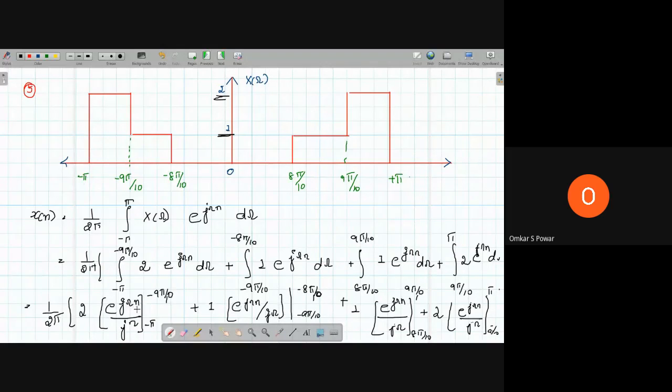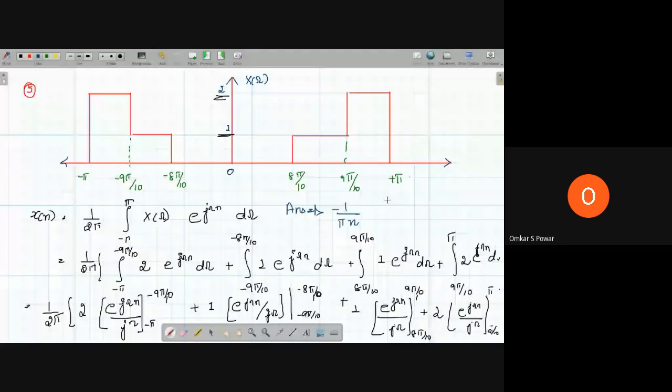Okay, substituting the limits, you solve it. It takes some 3 to 4 steps. So finally, the answer I will write here. So this simplification, this integration you have to do. If I go on doing it, there is no point in me explaining those simplification steps. These things you have done in your PU. So the answer should be sine 9 pi by 10 into n plus sine 8 pi by 10 into n. So this should be your answer. You have to simplify this one. I have just given you the logic of how to do it. So it's easy now.